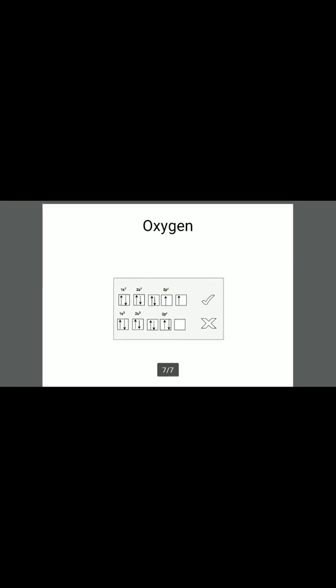Now in the case of oxygen, oxygen has atomic number 8: 1s2, 2s2, 2p4. Yes, it's correct. 1s contains a pair of electrons, 2s contains a pair of electrons. What about 2p? First of all, give one electron to each orbital. Then pairing starts. It's also a rule. Now pairing will be in 2px2, and 2py1, 2pz1.